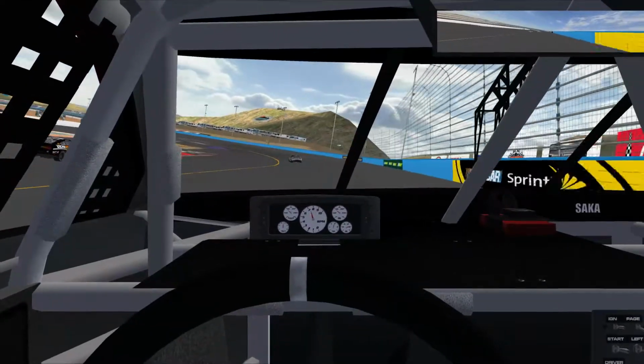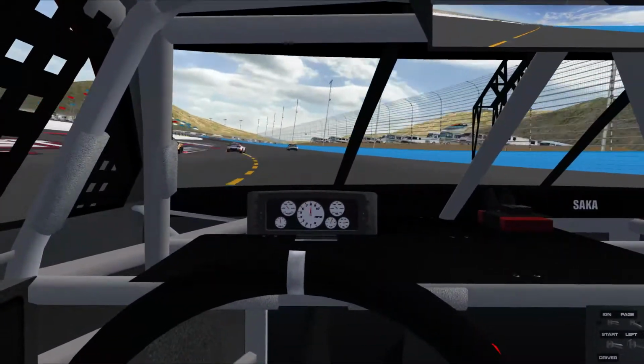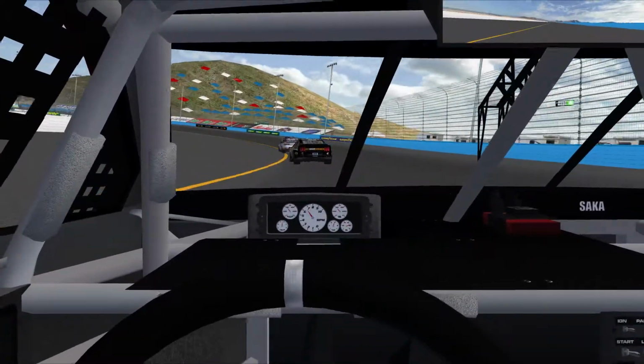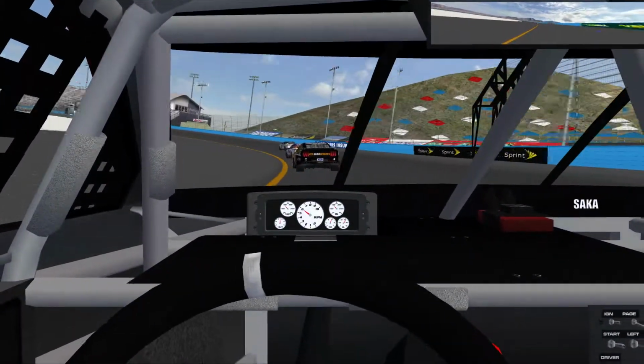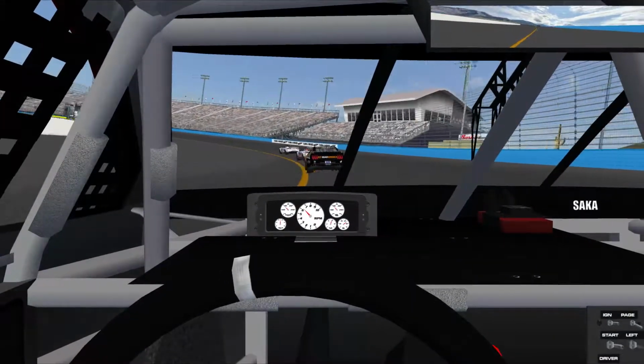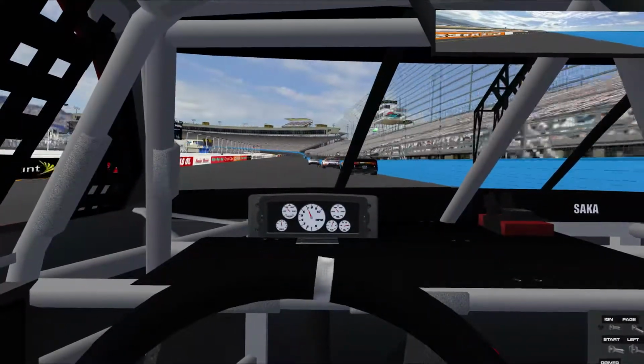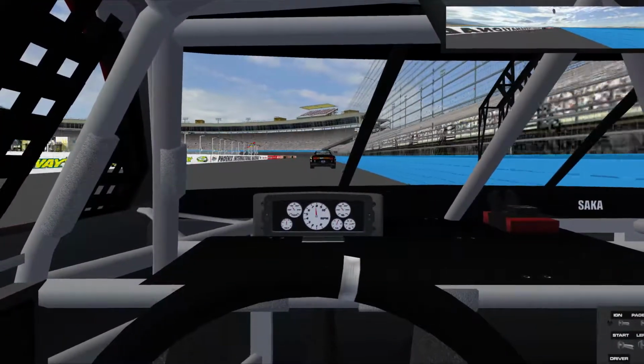Brandon on that outside. Hamlin goes to the dog leg once more, and it looks like that's where Hamlin wants to run. He's not really making up any time there on the dog leg, just sort of getting out of everyone's way. Looking in the mirror, we have no pressure from Austin Dillon anymore, so a 4-car breakaway, and it looks like